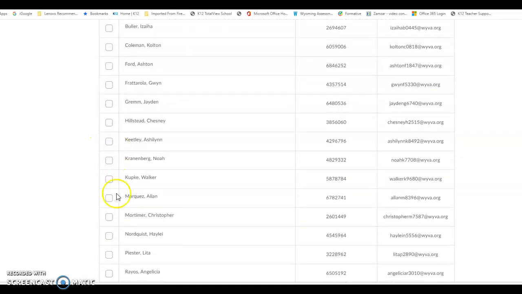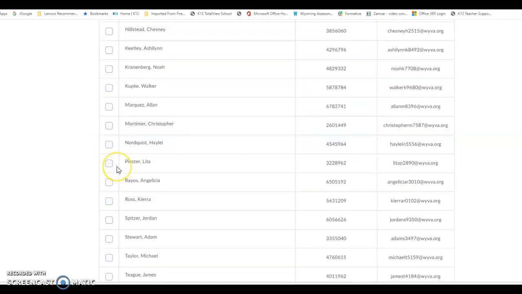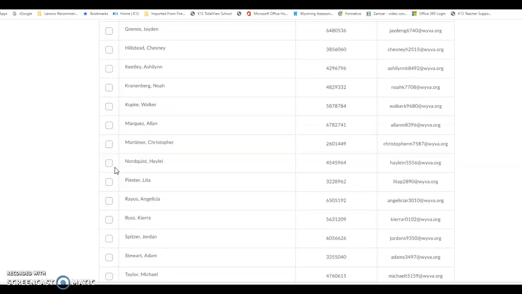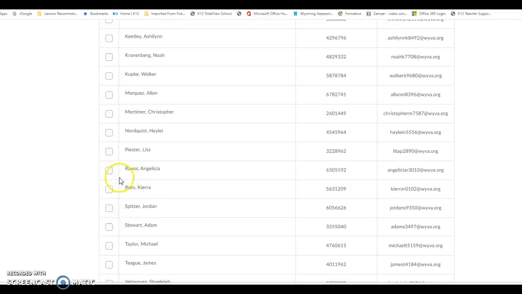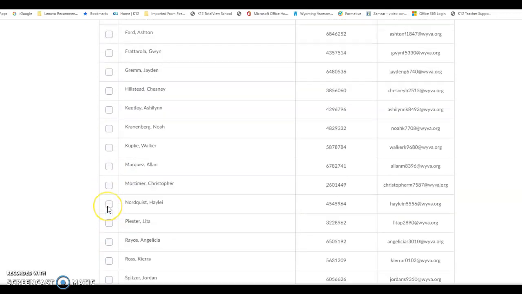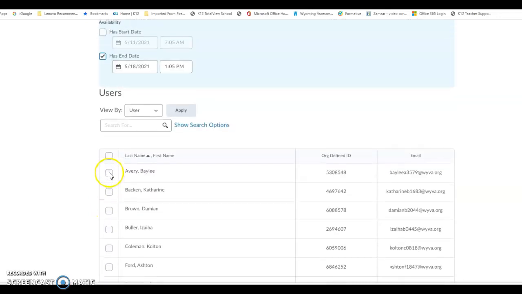And then down here, you can just pick whatever students. I'm not going to actually pick anybody because I don't want this extended out. But you can pick anybody from here. And once you click next to their name, it will automatically do that. So let me see if I can find so you can kind of see it. And then you just click